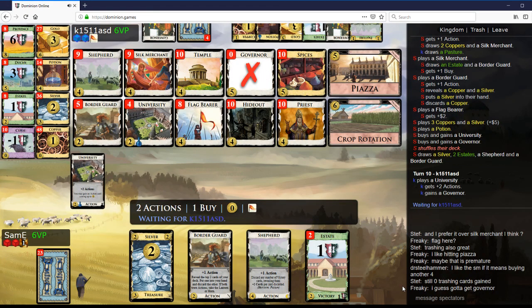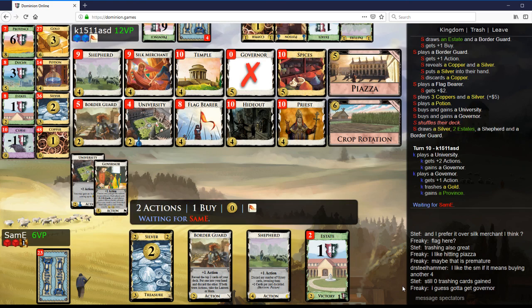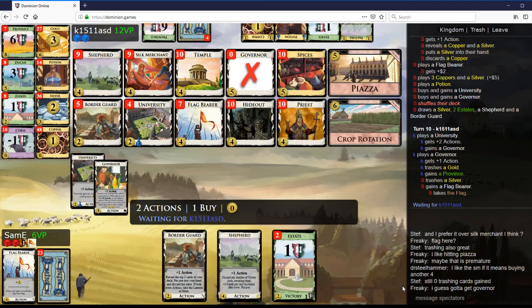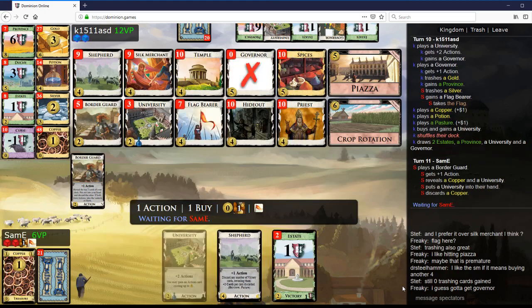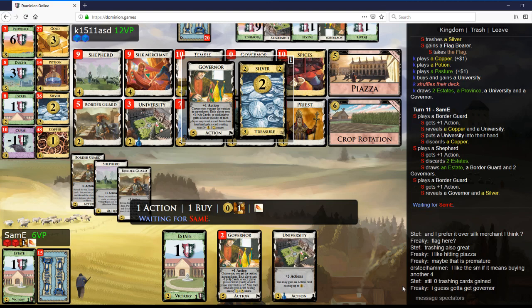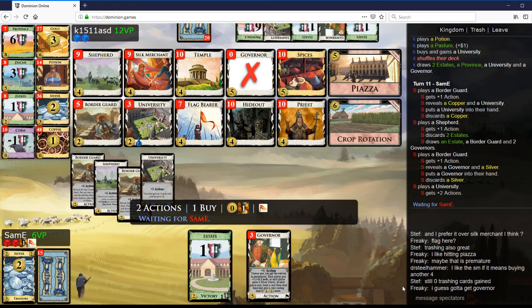I don't know. Silver into flag bearer, taking the flag. Interesting, interesting. I guess the universities can still gain like silk merchants, which they should be starting to do mucho. Potentially also shepherds, I guess, but